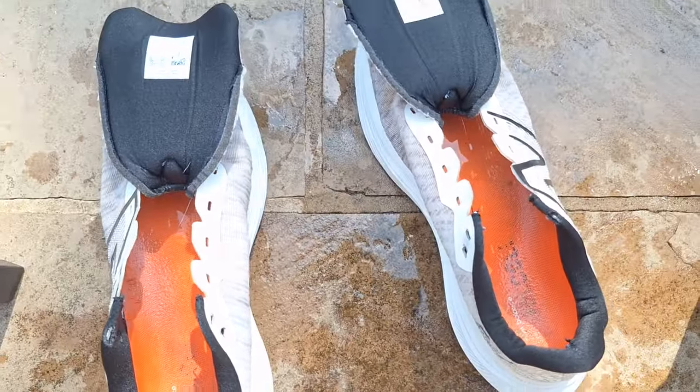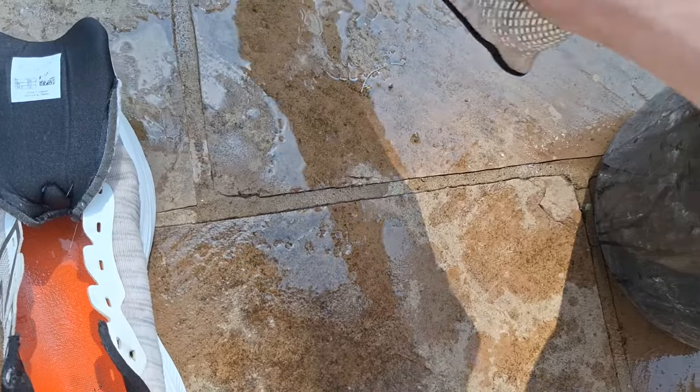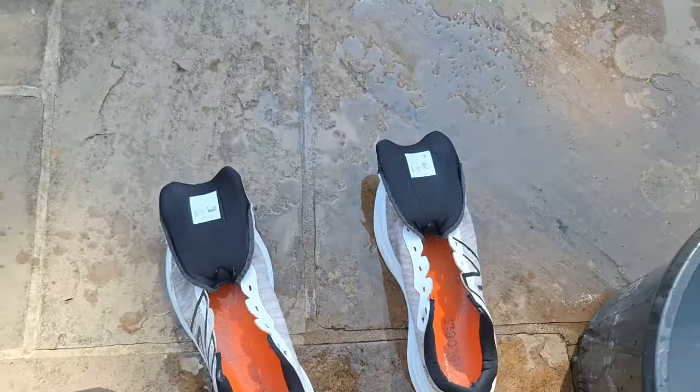Okay, and the very last thing you need to do is just get all the water out as much as possible, shake them off as best you can, and just leave them out to dry in the sun, hopefully. It's nice today. What they look like now